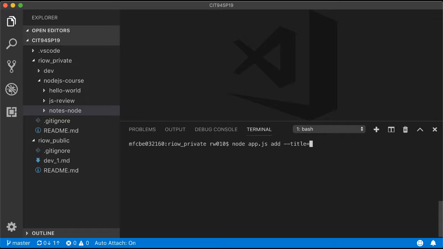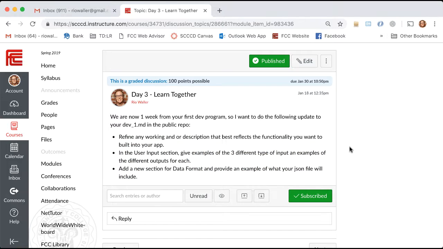Now this is for the notes, of course. This is what I want you to show me with the output. So whatever your command line is, and keep in mind here that I want 3 different types of input. And you could do more, that's fine. But 3 different commands that you use.